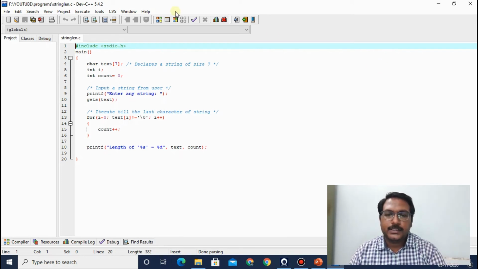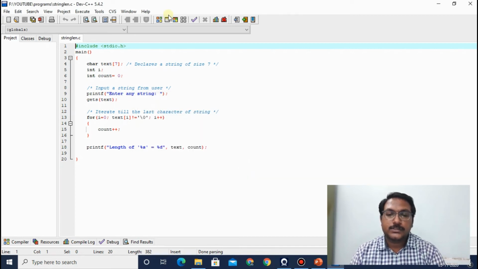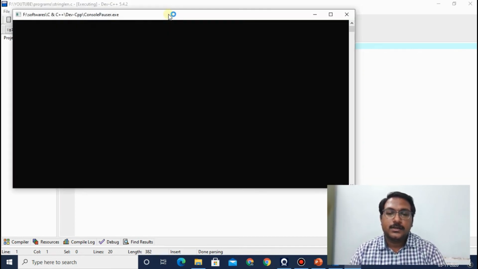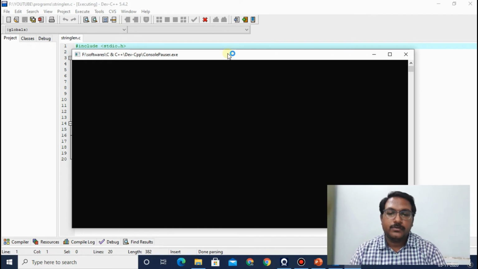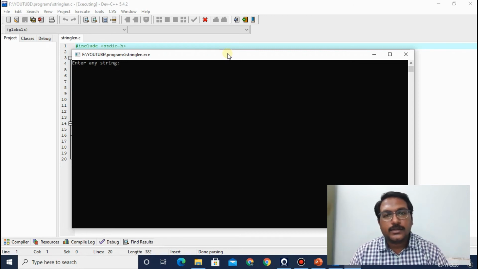So here is the compilation shortcut. Compilation is done, close it, then it's a run window or output window. As I have written in this particular program, it will ask the user to enter any string. So here you can see it is asking to enter any string.